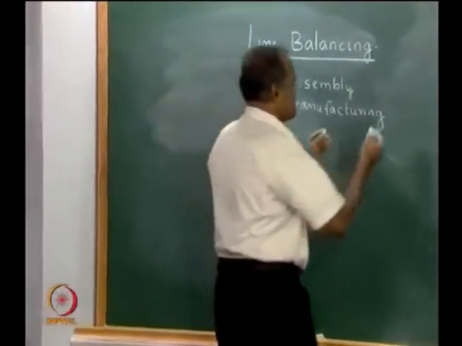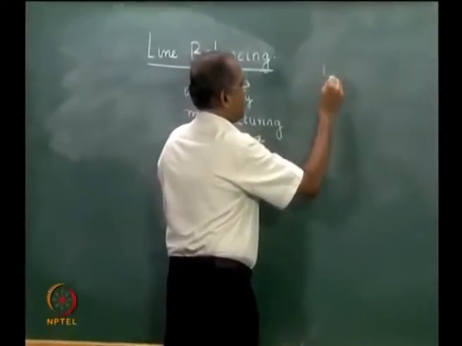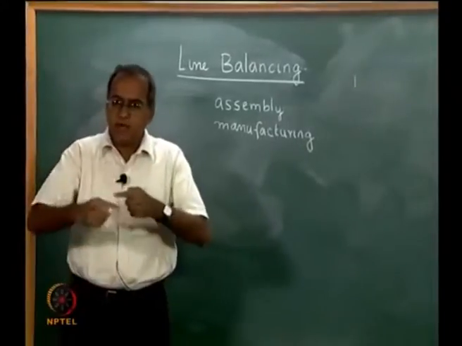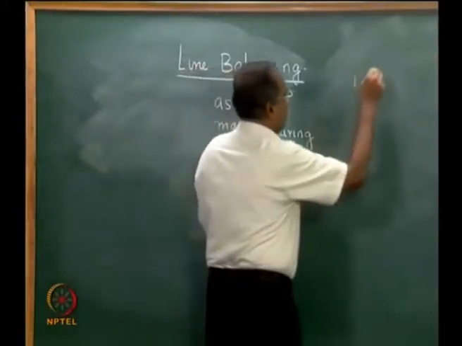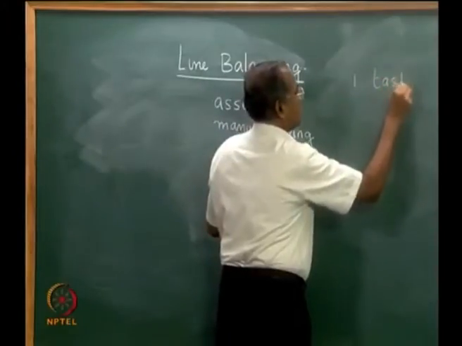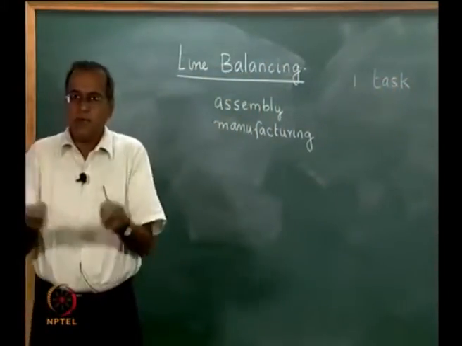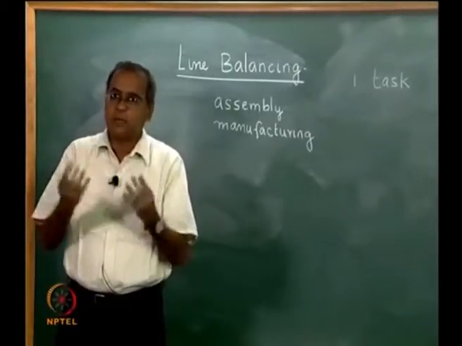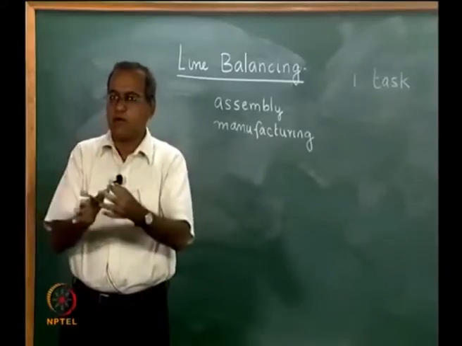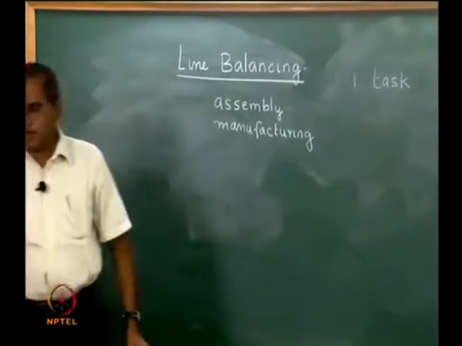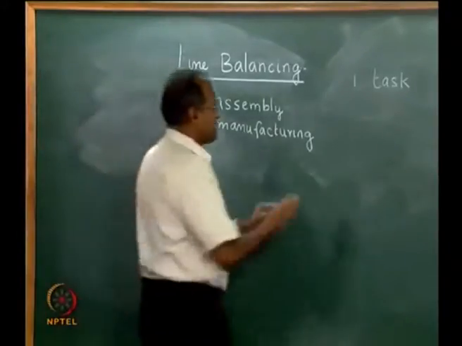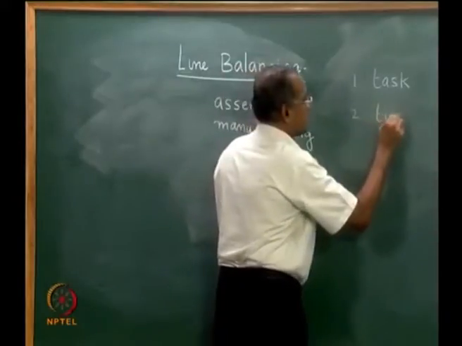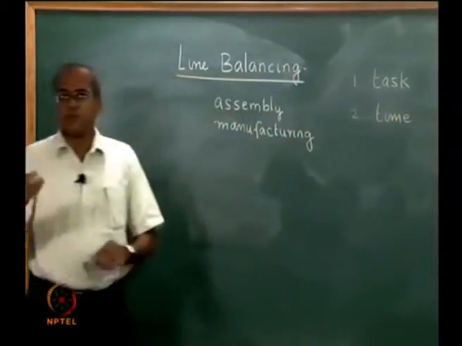So, first and foremost in the assembly problem, there are components that are brought into the assembly, and assembly of each one of them is now called a task. So, an assembly would involve 10 or 12 or 15 tasks, where 15 different sub assemblies and components are assembled into a final product or final assembly. Now, each task also has a processing time or a task time. So, there is a time associated with each of these tasks.